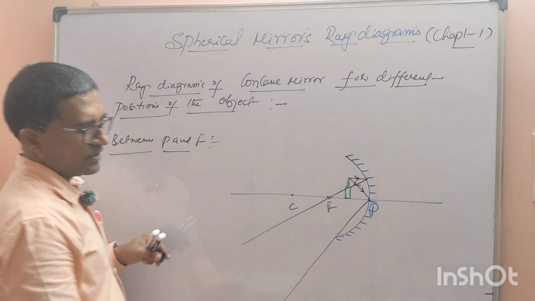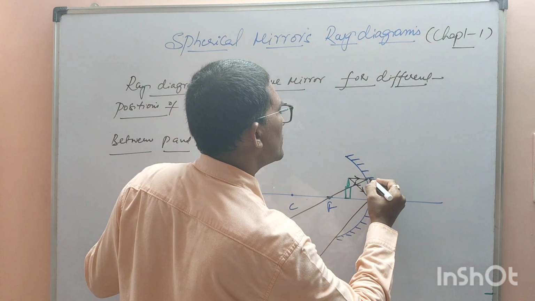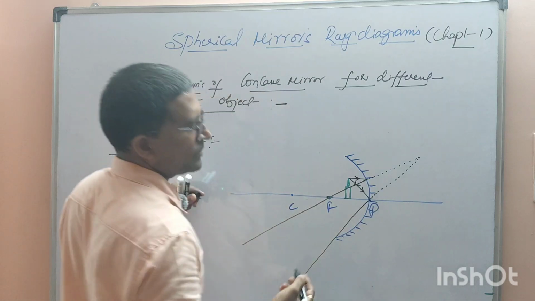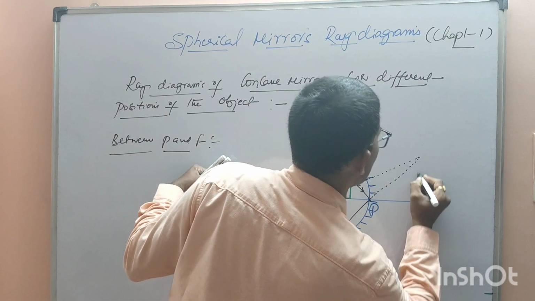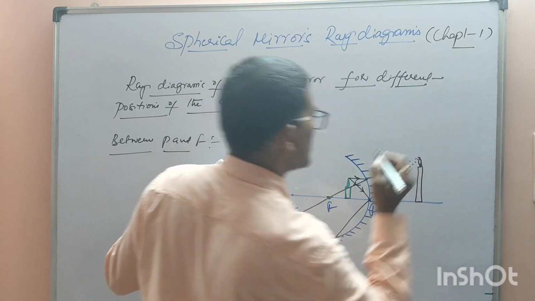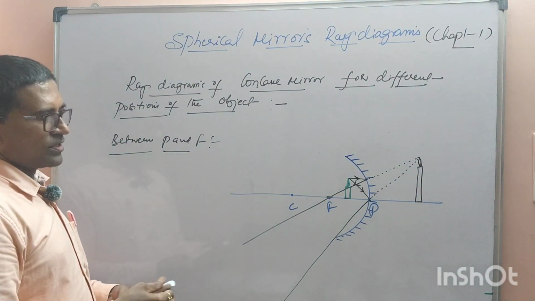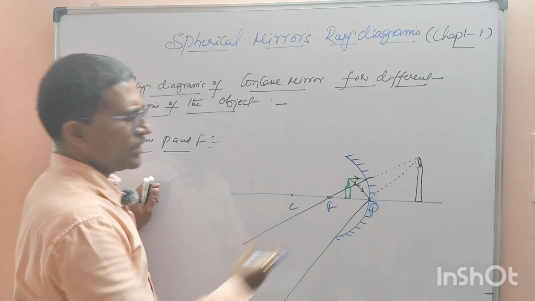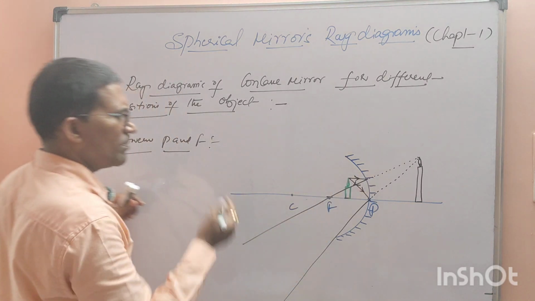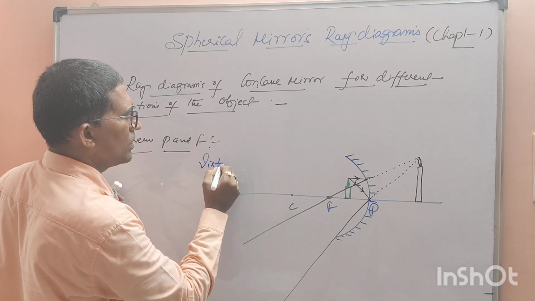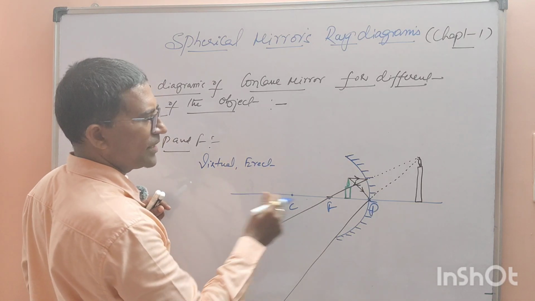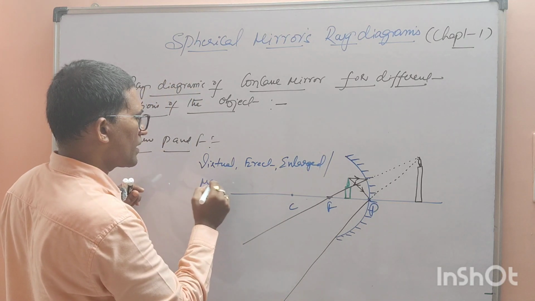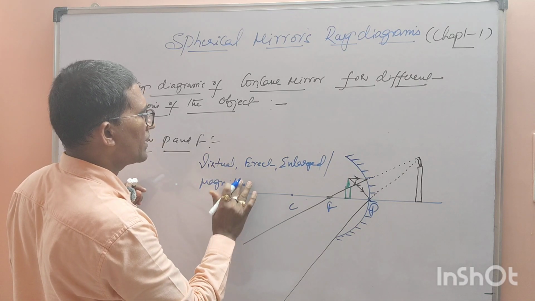See, divergence is observed. Now if I extend these rays backward, they appear such that they are going to meet at one particular point behind the mirror, and here the image is formed. So the image is formed behind the mirror. It is a virtual image. In the mirror the image will be, so it cannot be caught on the screen, hence it is a virtual image. Image is virtual, erect. It is not inverted, it is erect only. Erect, enlarged, or we can write magnified,